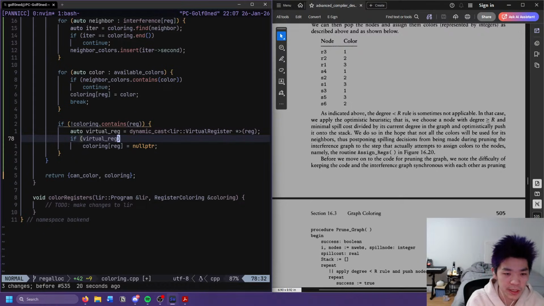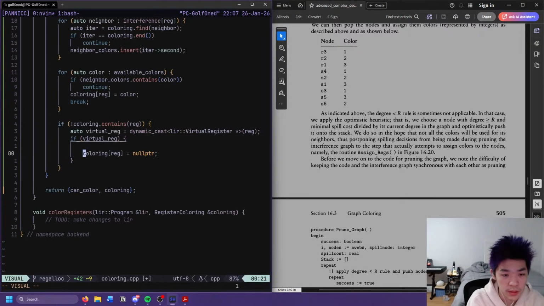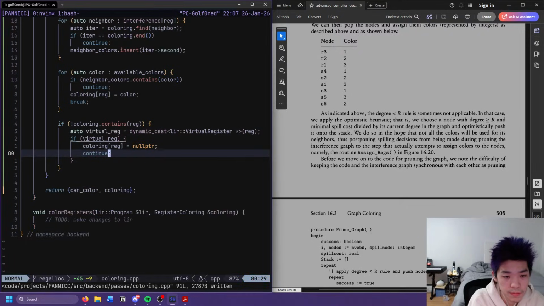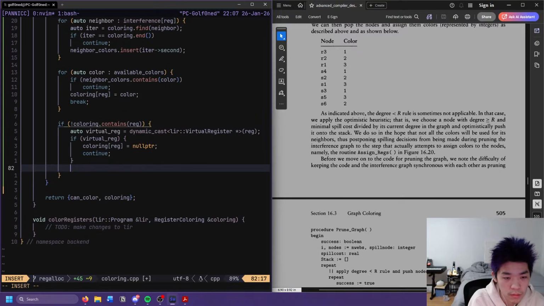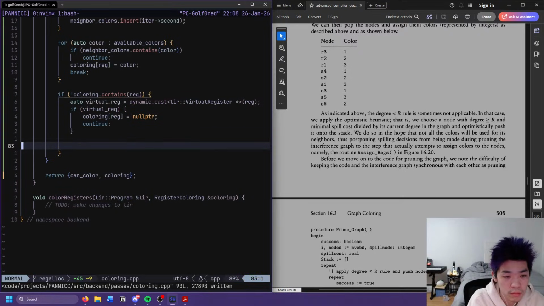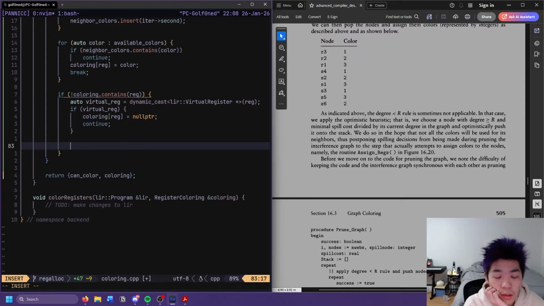Okay, what is the cleanest way to do this? We'll do this and then continue, I guess. And then we want coloring at reg equals reg.